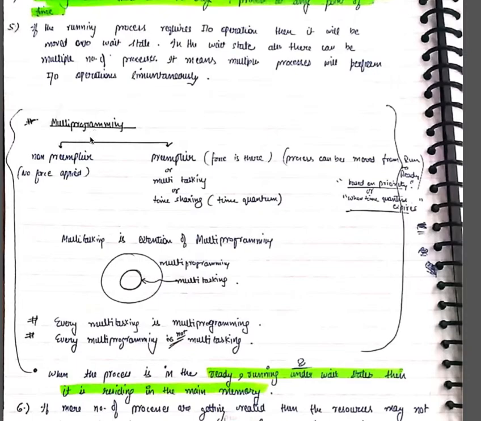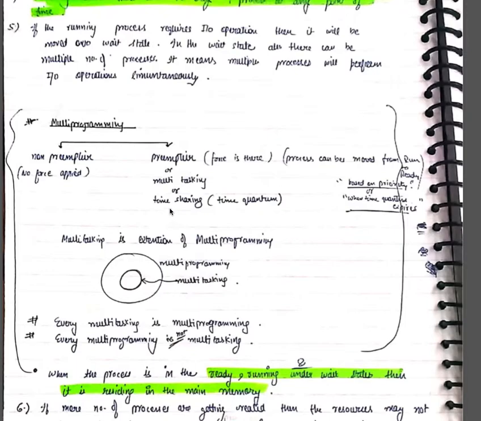Because multiprogramming is of two types: non-preemptive and preemptive. Non-preemptive means no force is applied when the process enters the CPU. It is up to the process when it will go out, and then we can schedule another process. That is non-preemptive multiprogramming. And in preemptive, I say, go process one into the CPU, and after 2 seconds I'll